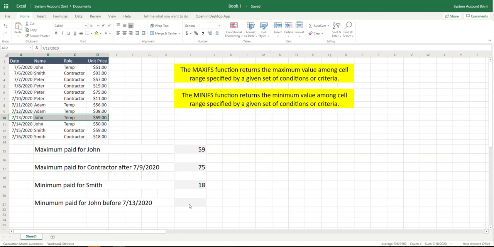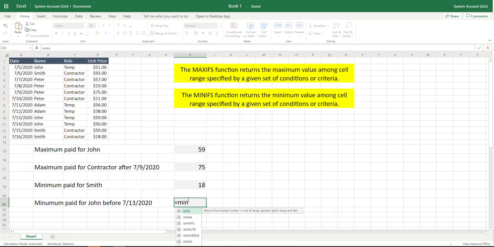Let's try to get this with the formula. So I'm going to use equal MINIFS. The range we are looking for is the price. So I'm going to choose the price range, comma. There are 2 criteria here. It should be named John. It should be